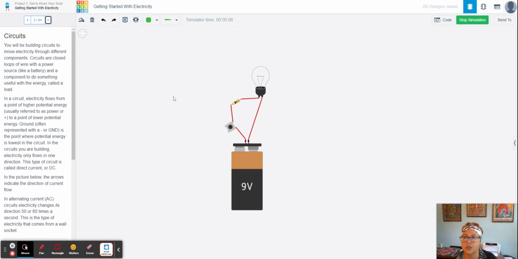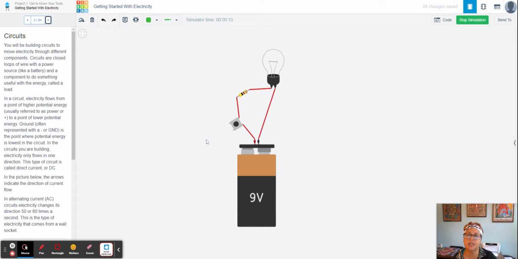All right, so moving on, circuits are basically kind of our building blocks here, okay? Basically what a circuit does is it moves electricity through different components. Circuits are closed loops of wire, which you see here, with a power source like a battery and a component to do something useful with the energy called a load. In a circuit, electricity flows to a point of least resistance. So that means it goes from a point of higher potential energy, usually here the positive side, to a point of lower potential energy, often known as the ground, okay, which is the lowest point of energy in any